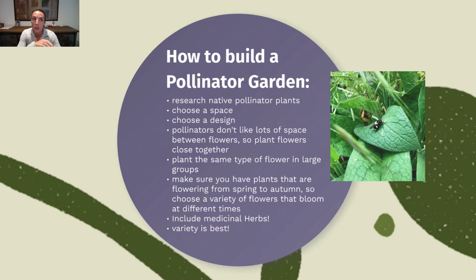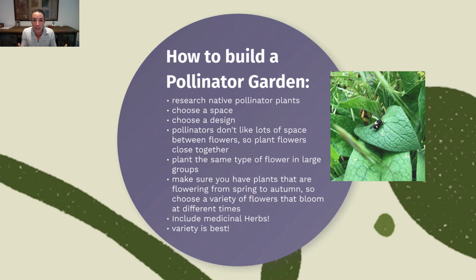So you don't want to plant just a whole field of sunflowers because that doesn't give them variety in diet. But you want to clump the sunflowers together and then say clump the lavender together next to it in very short distances. So make sure you also have flowers that are flowering from spring through autumn because pollinators need some